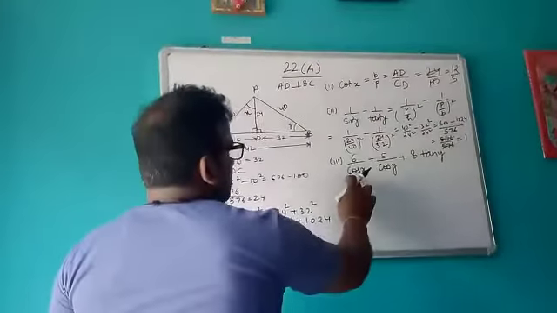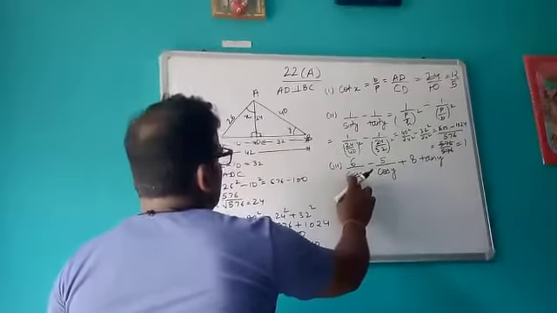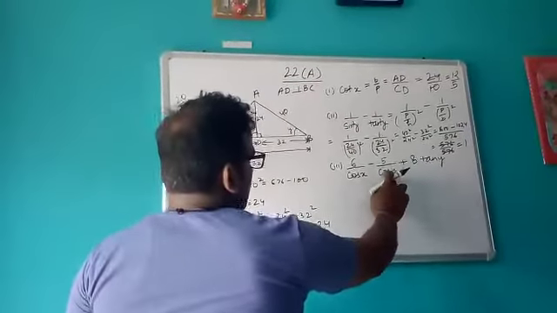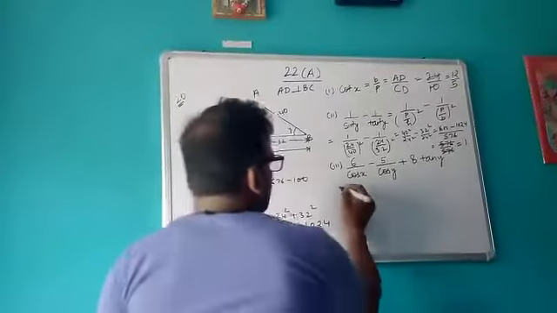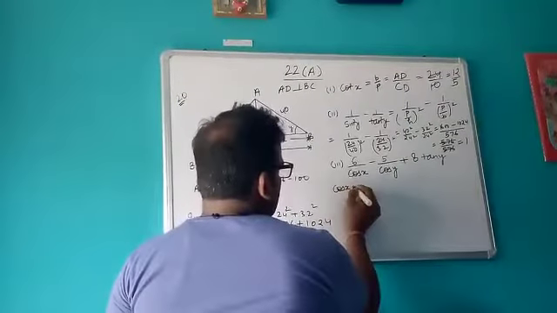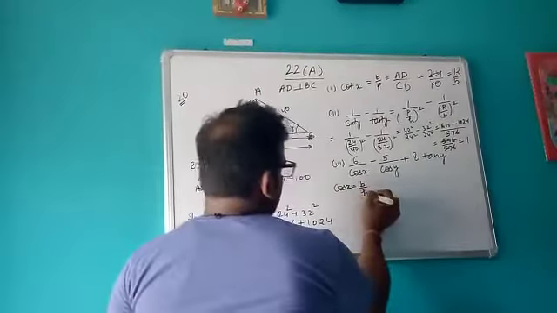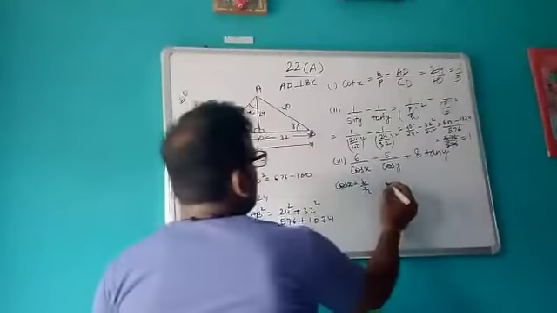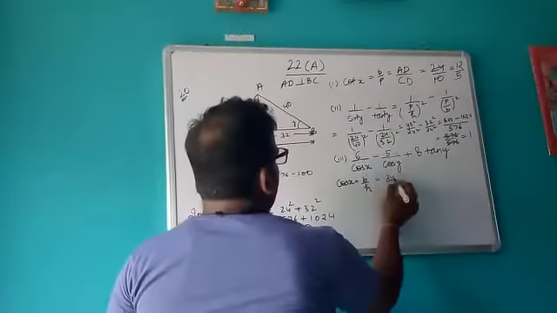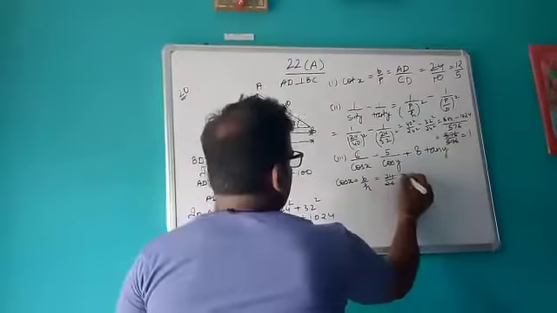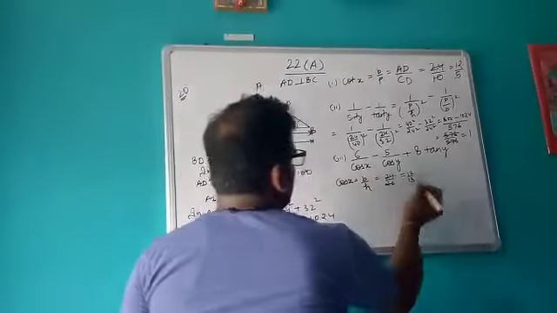Then for the third expression, value of cos x is required, value of cos y and tan y is required. So first we will find cos x. So what is cos? B upon h. So x is this. So what is your b? 24. H was 26. So it is 12 upon 13.